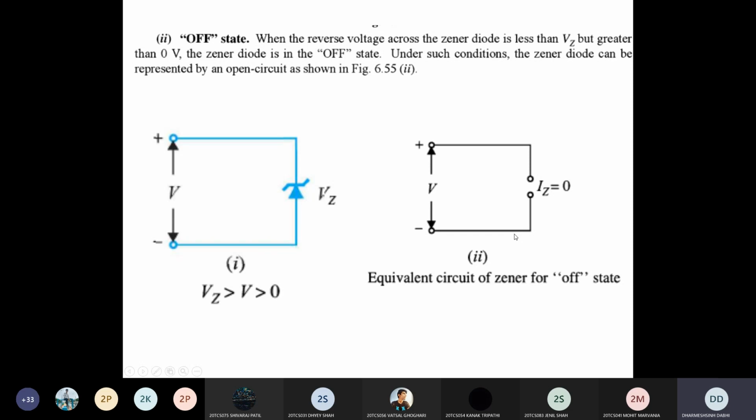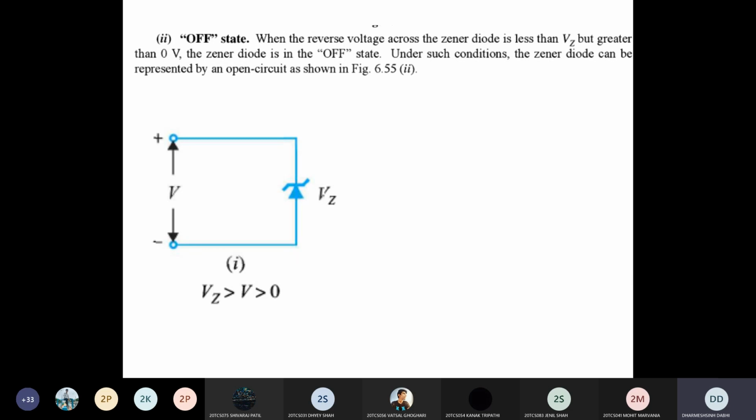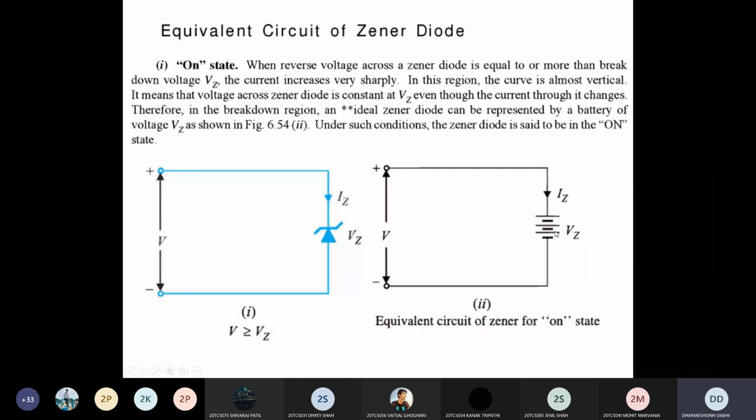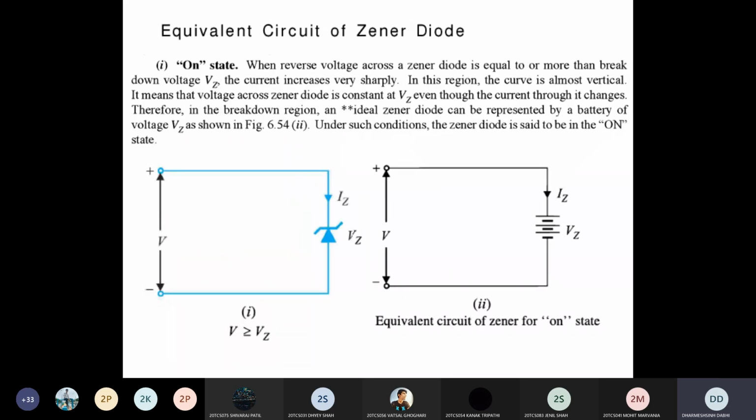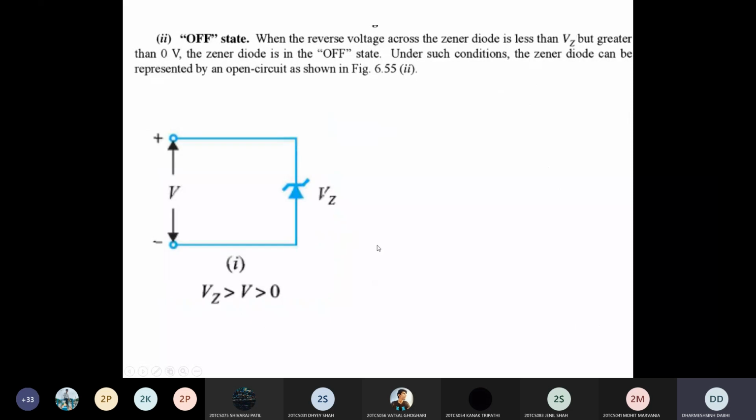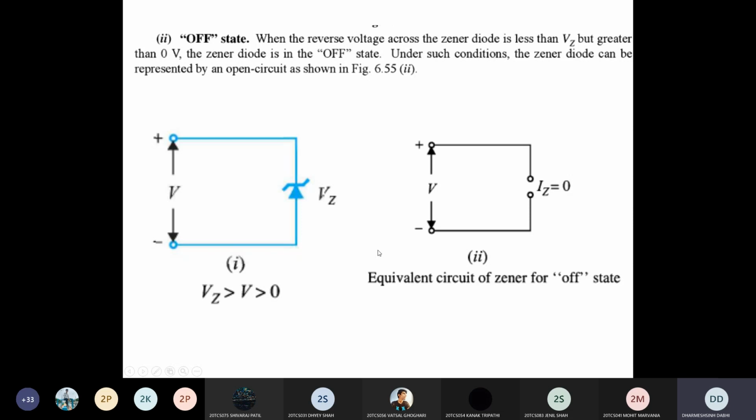All of you understand the on state and off state of the Zener diode? Clear, all of you? Yes, sir. So when it is on, it is represented by what? Battery. Clear? And when it is in the off state, it is represented by an open circuit. The on condition happens when your supply voltage is more than Vz. The off condition happens when your supply voltage is less than Vz but more than zero. Clear? So keep these two points in mind so that it is easy to understand the examples related to this